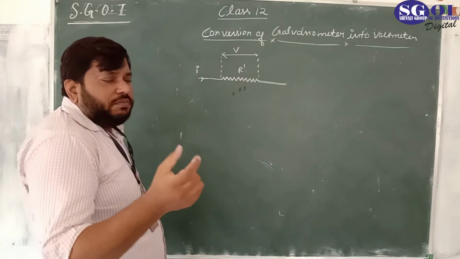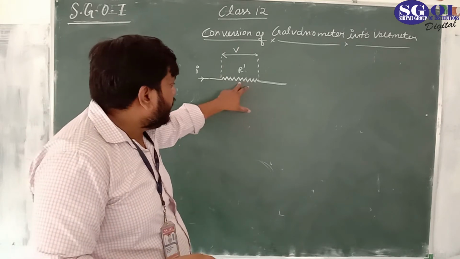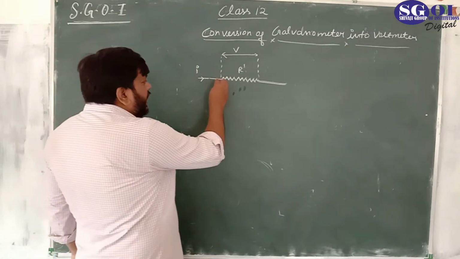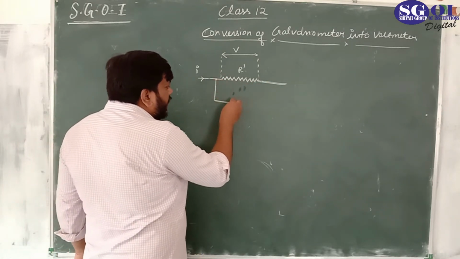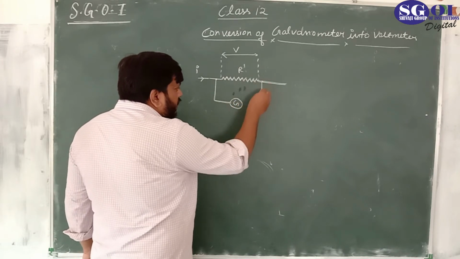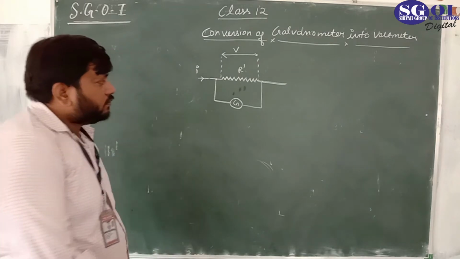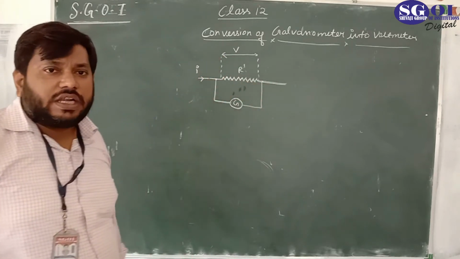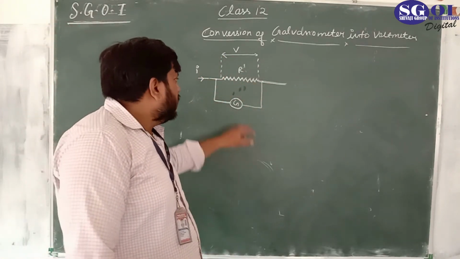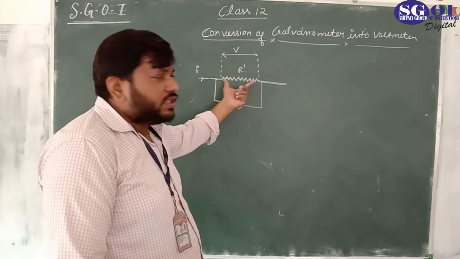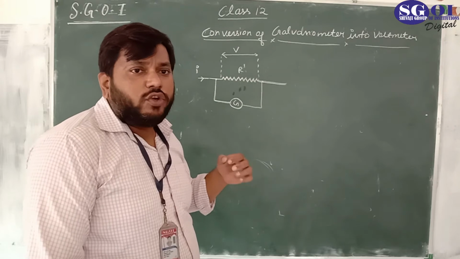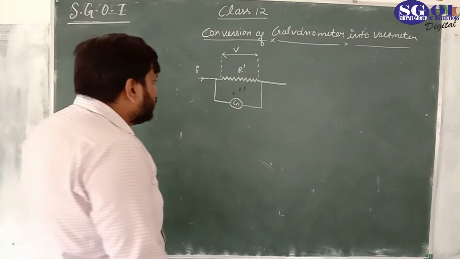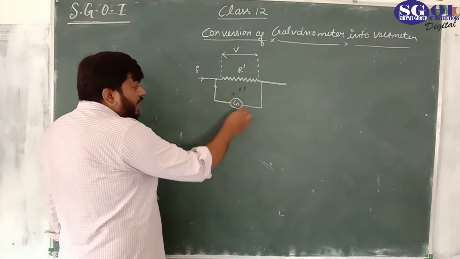So for measuring the voltage, we would connect the galvanometer in parallel, as we know that the voltmeter is connected in parallel. So between this end and this end, we are going to connect the galvanometer. Let's say this is the galvanometer G, and this is connected like this. Now, as we connect this galvanometer in parallel to this resistance R dash, I am asking you a question: would the voltage across this resistance R dash be the same as it was before applying the galvanometer? No. Why is it no? Because some current would flow in the galvanometer also.